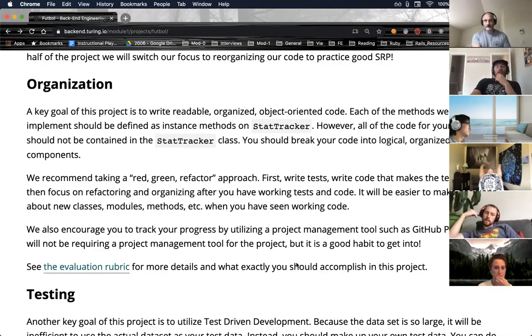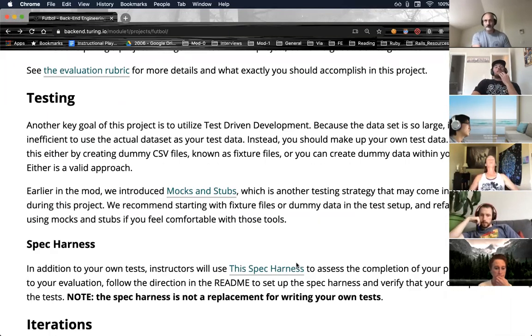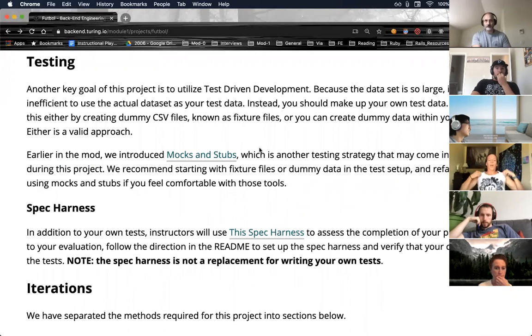Cool. Okay, so testing I want to talk about. TDD is what we've been pushing, and it will certainly be your friend in this case. Because you have such a large data set here, you're going to need to take a couple of approaches in conjunction with one another.